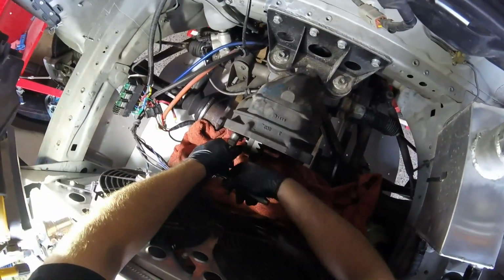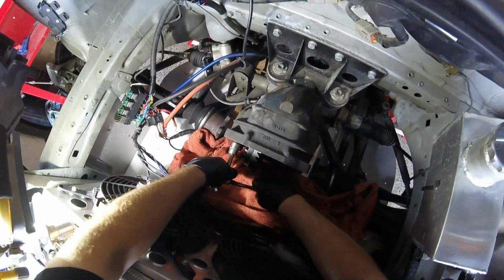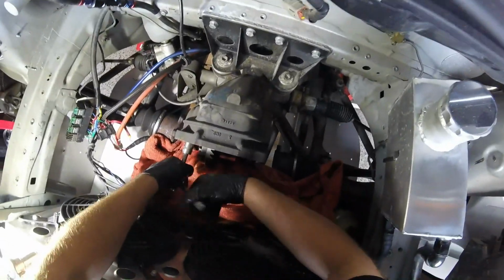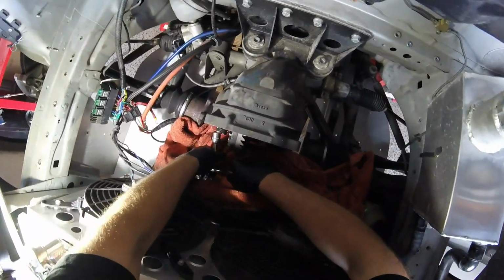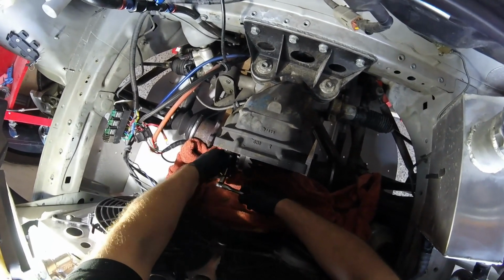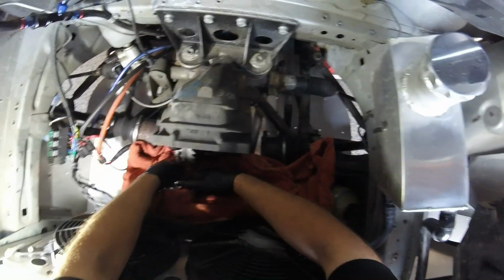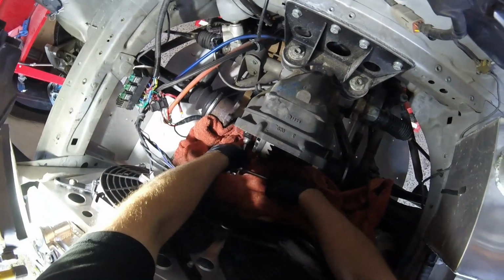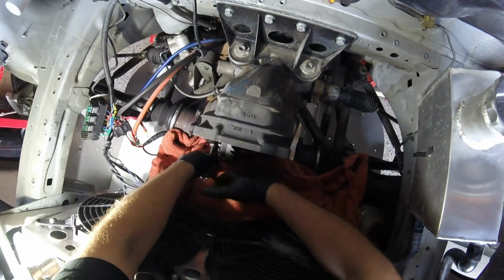I do have a pneumatic ratchet, 3/8 drive ratchet, but that thing is so damn noisy. I don't often use it because it'll just drive the neighbours insane with the amount of noise it makes. A lot of the time I find myself considering others and keeping the noise down. Strictly speaking, we shouldn't really be doing too much of this sort of work at home. Not so bad when it's my own car. It gets a bit fuzzy when it's customers' cars. If I make a whole lot of noise doing that,